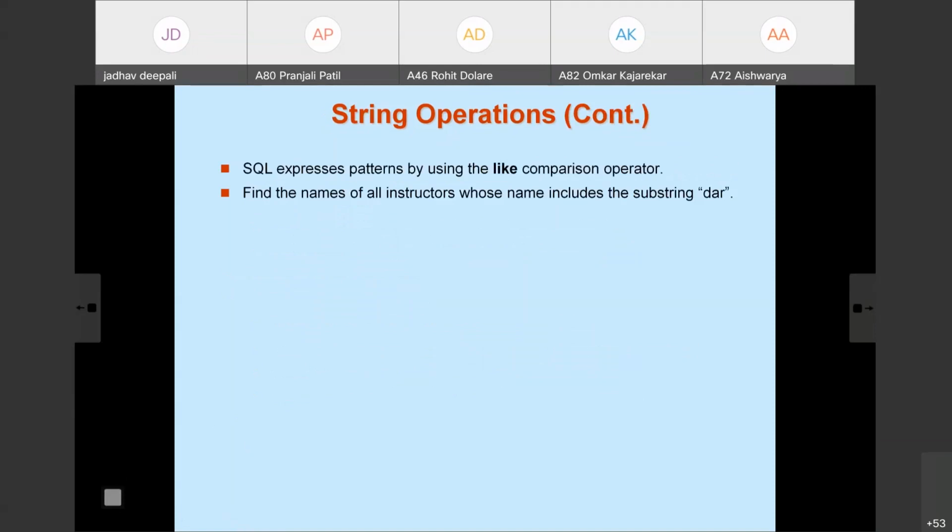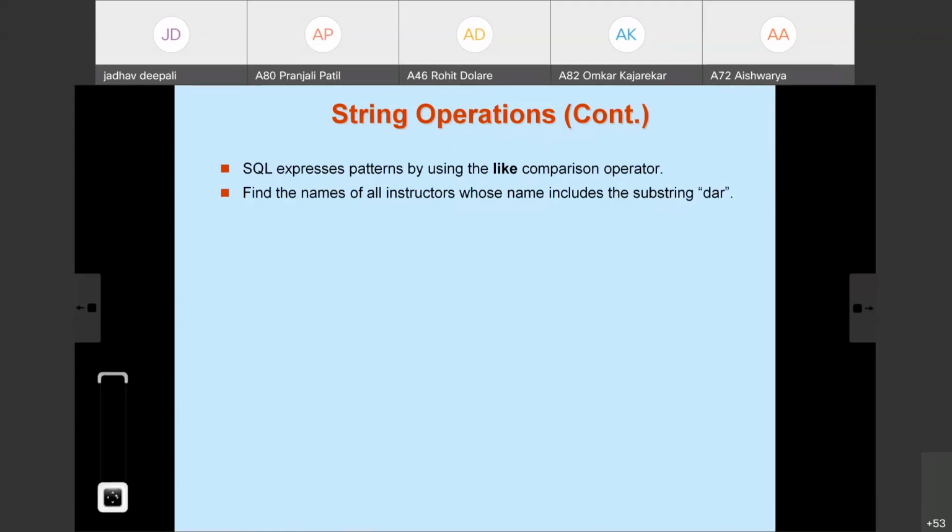For example, suppose we want to find the names of instructors whose name includes the substring DAR. In the result, what do we wish here? The name of instructor. So the relation required is instructor.